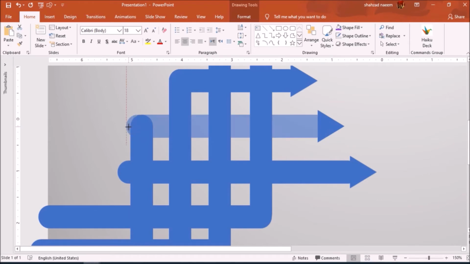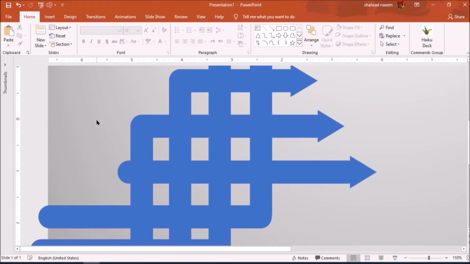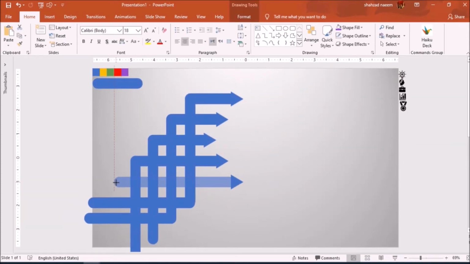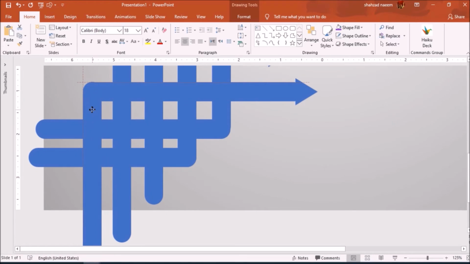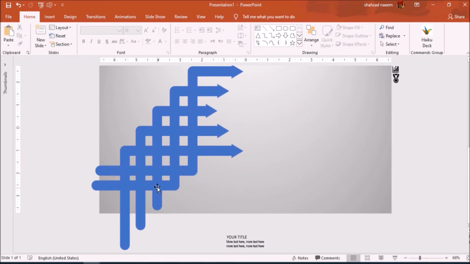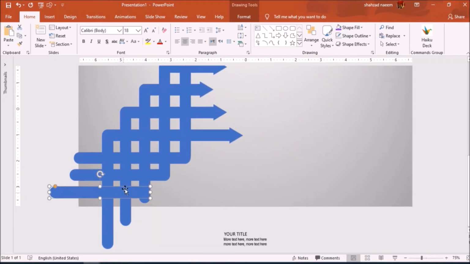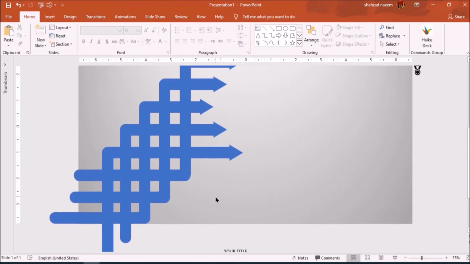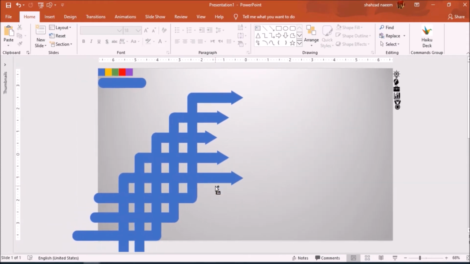Using my keyboard for the adjustment here. And it's the last one. I'll use this, making another copy and pasting it here. We have a kind of that look for now, but still we need some adjustments here. I'm trying to make equal gaps in between these arrows. If you see these rectangle gaps,